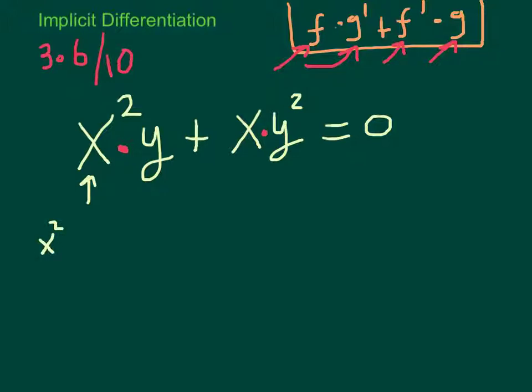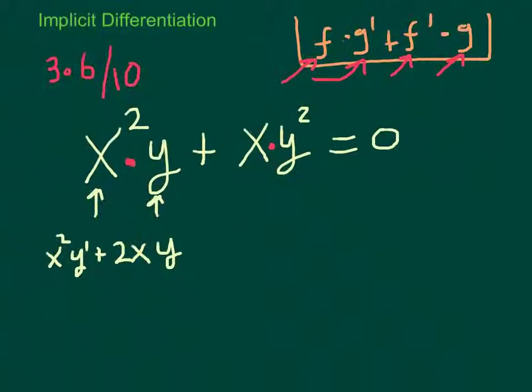Now times g prime. G prime is y, so g prime of y is 1 times y prime, which is going to be only y prime. Now we add plus f prime, which is 2x, times g of x, which is in this case only y,